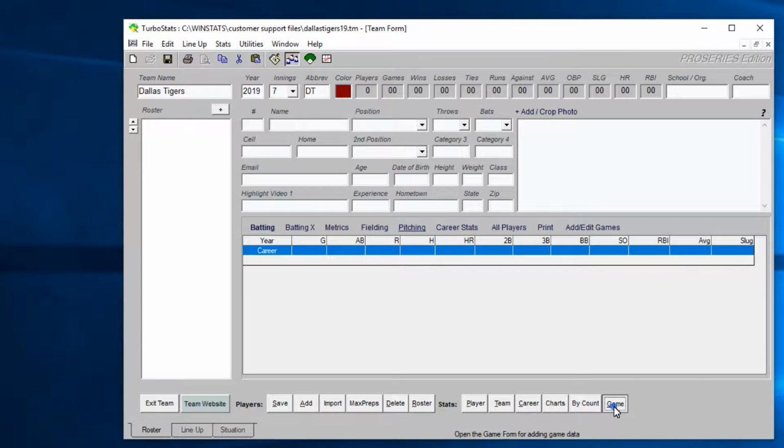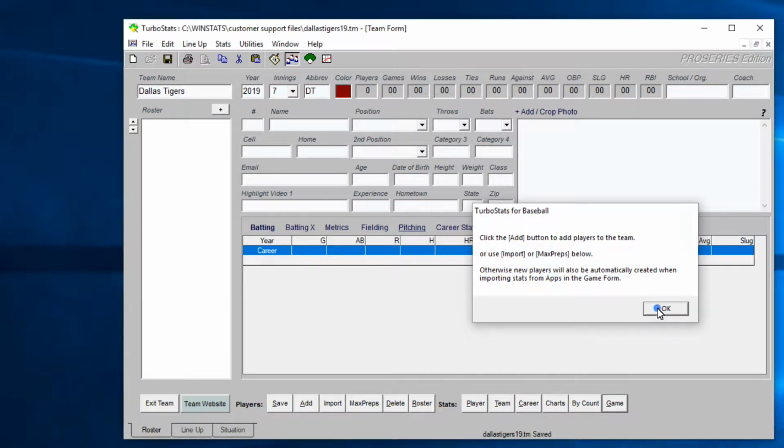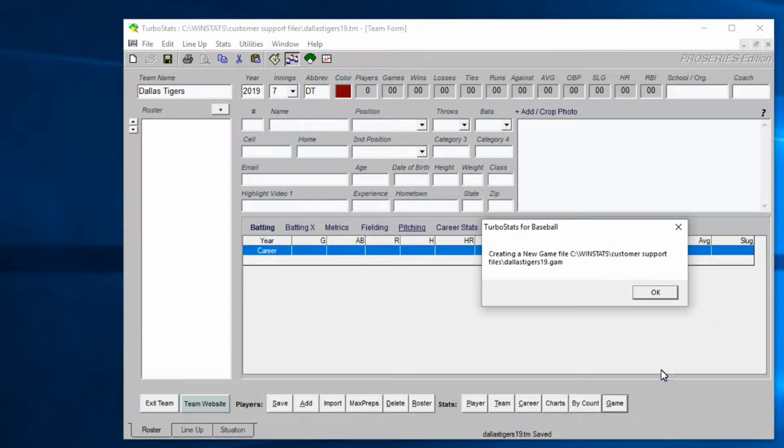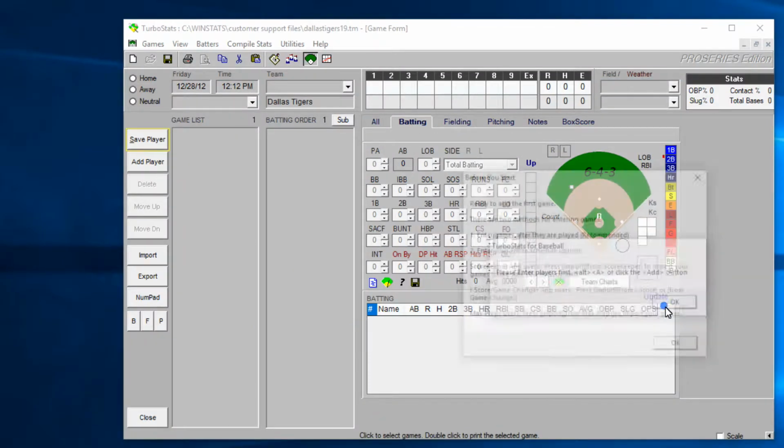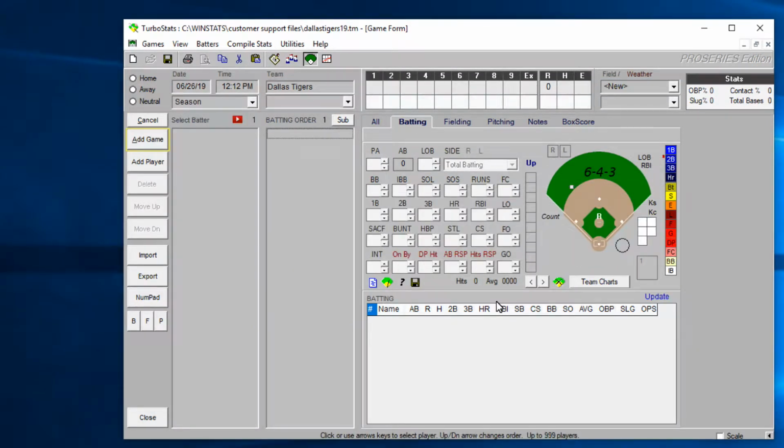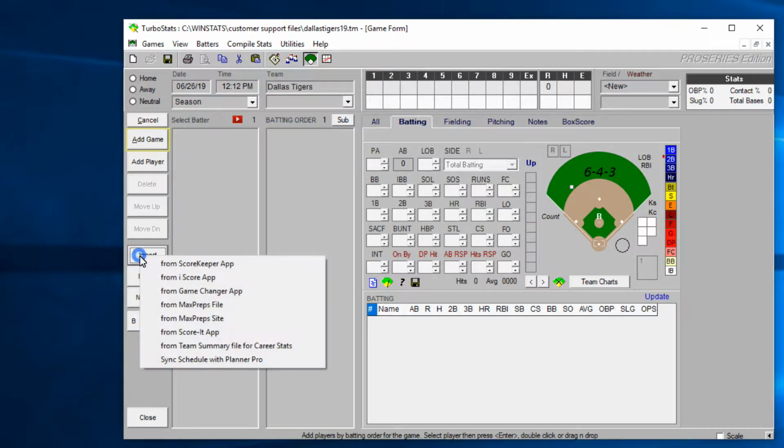So just go to the game screen. You'll get some pop-ups now because it is a new game, and there'll be lots of different messages come up to tell you how you could score. And so what you want to do is hit the import button here and choose from iScore app,